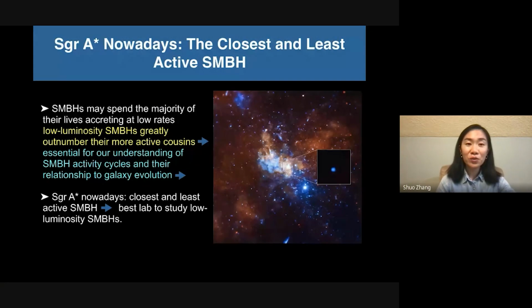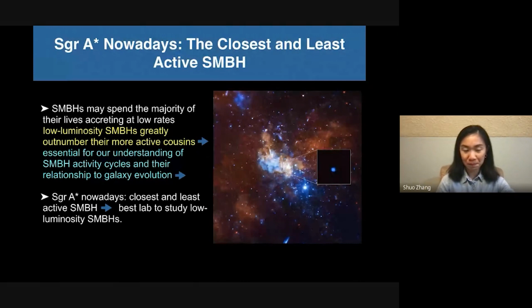Okay, so the question is very simple. What is Sagittarius A-star doing right now? The fact is that it is the closest supermassive black hole to us. Every massive galaxy hosts one supermassive black hole in the middle. Of course, Sagittarius A-star, the one in the middle of the Milky Way galaxy, is the closest one. So, coincident or not, it's also one of the least active supermassive black holes known to us. Whatever it is doing, we are sitting in the front row to see, right? Its proximity makes Sagittarius A-star the best laboratory for us to study inactive or low luminosity